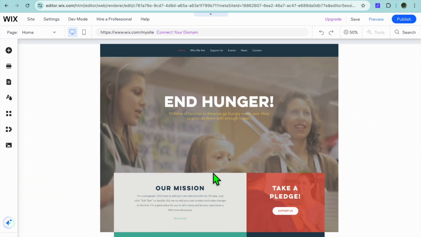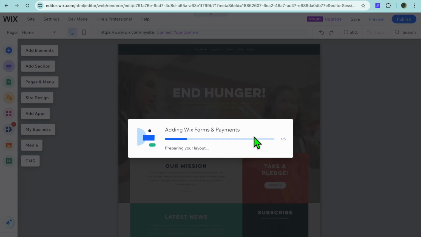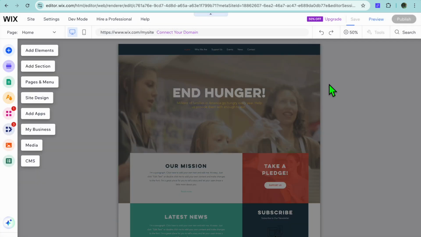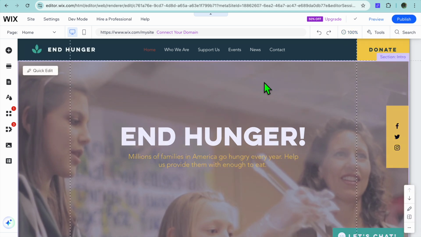Once it is up and running, I'll be showing you how to quickly edit it, as with Wix it is beginner friendly and easy to use. So all you'll need to do once it is up and running, you're going to close the pop-up box. So just give it a few more seconds to load up. You'll close the pop-up box, tap on the plus 50% in the top right hand corner, then you can start